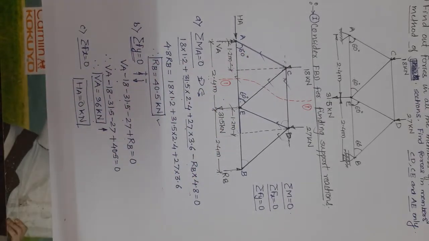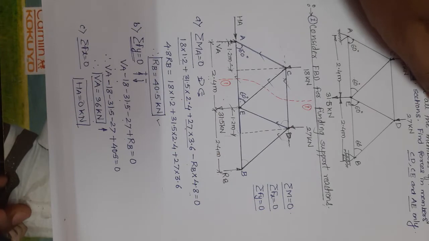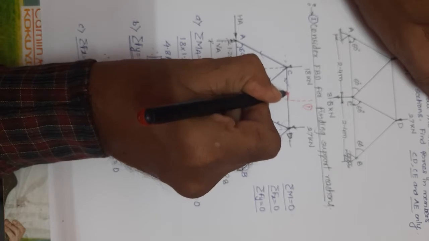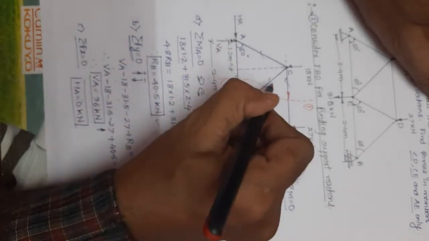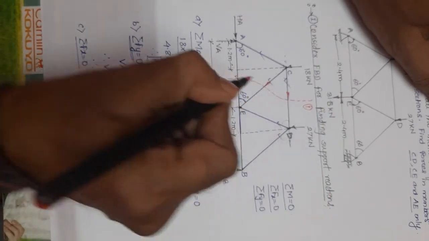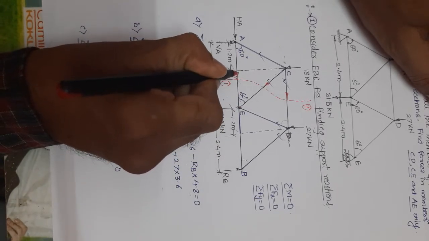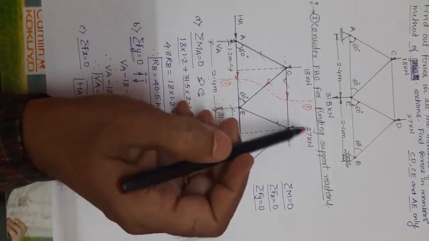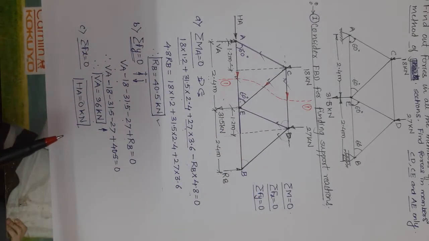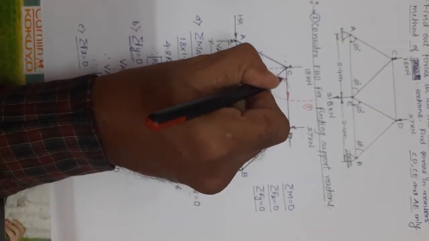Now for that, I will first of all be marking the forces here. As I told you, you have to mark them away from the joint. All the forces are marked away from the joint here. So away from the joint once again, 1, 2. Any other force? Yes, this is a force. You can observe that all three forces are asked: CD, CE, and AE. So we are supposed to take the left hand side portion of section 1-1. This angle is 60 degrees.